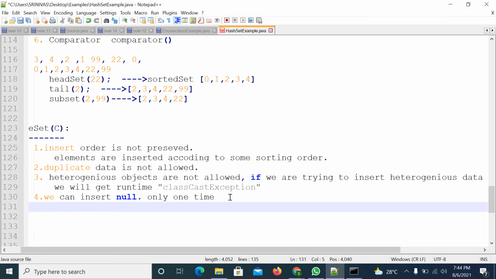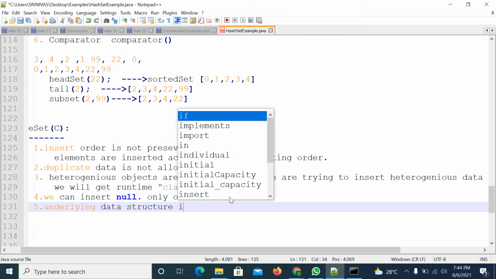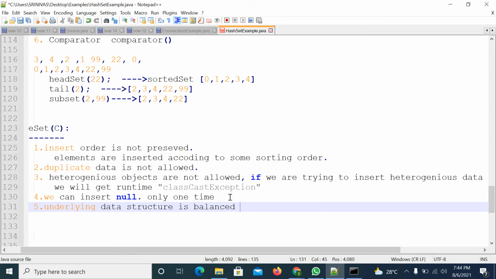Right. So what is the underlying data structure? For TreeSet, the underlying data structure is a balanced tree. I hope you know what a balanced tree is. In the trees concept in data structures, if you keep on adding elements on the left side or on the right side, the height of the tree will increase.